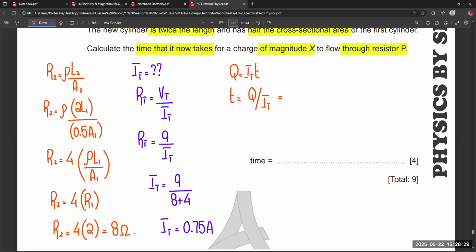The charge is equals to 900 divided by 0.75, which is the value of current, that is 1200